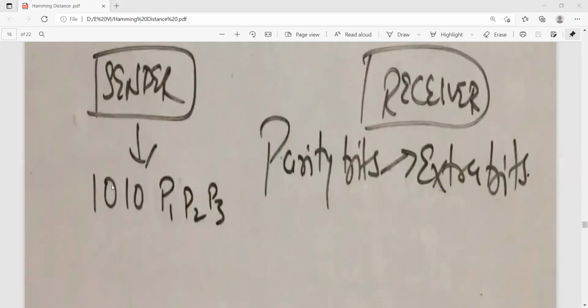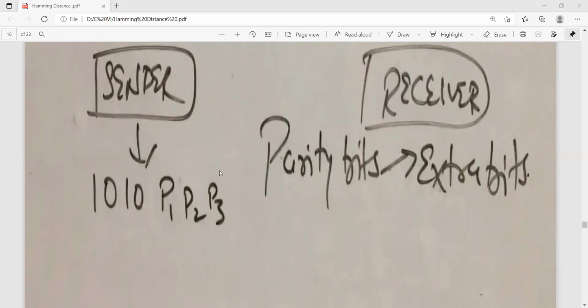Here this is a 4-bit data. That can be written as 2 to the power of 2 minus 1, that is, 3 parity bits are required. Those 3 parity bits you have to add to the actual data.